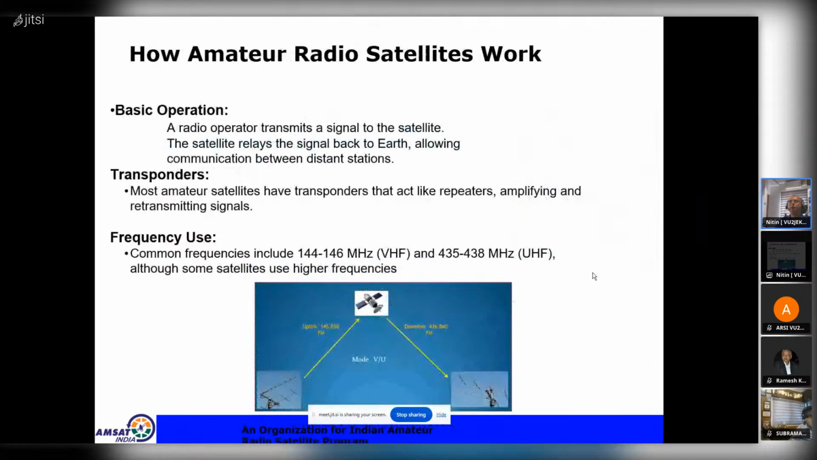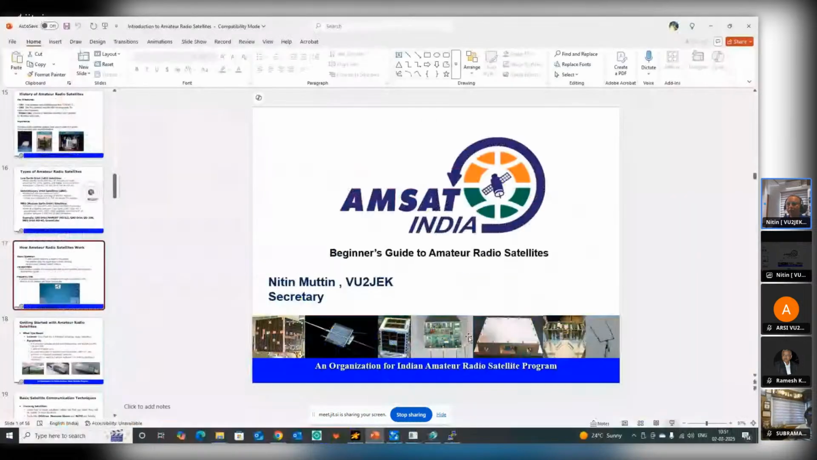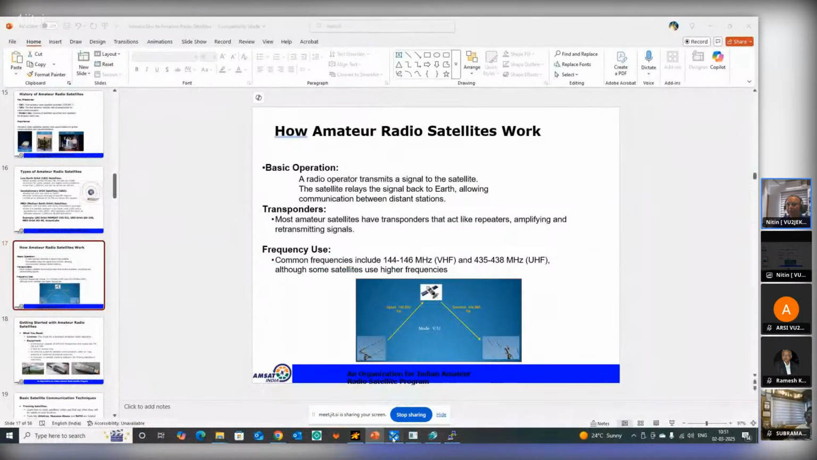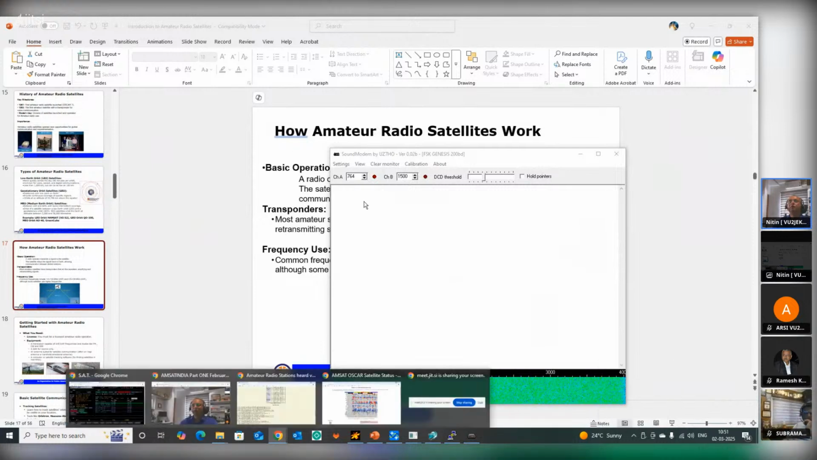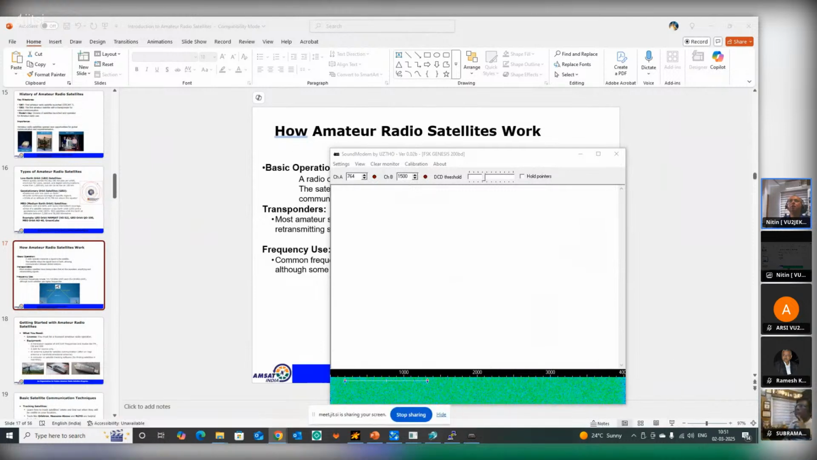Okay, as we speak, there is a satellite pass going on right now. Let me quickly switch over and see what is happening. I'm trying to decode the telemetry from that satellite. I don't think I've received anything. Just give me a moment. It's already at 8 degrees elevation. Oh, okay, there is a signal, but I think